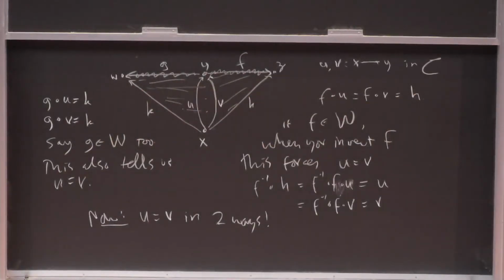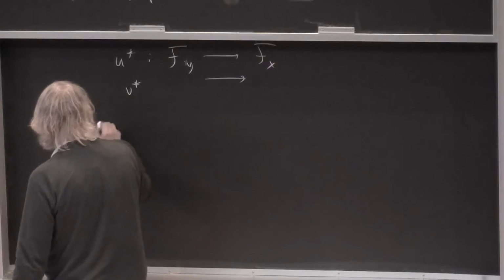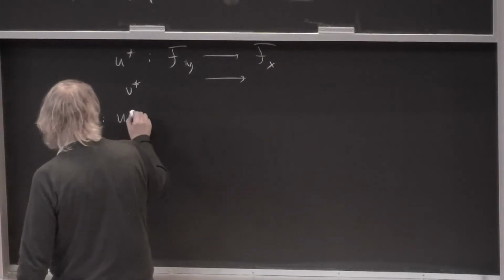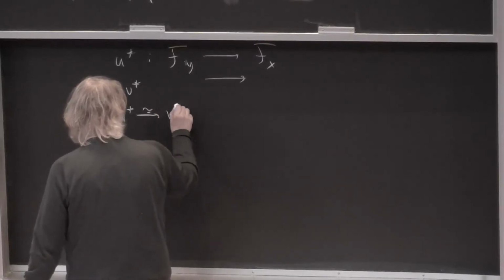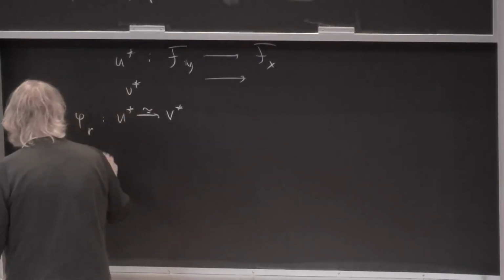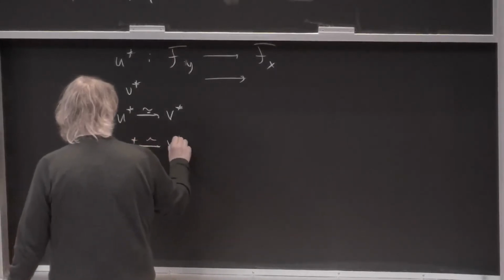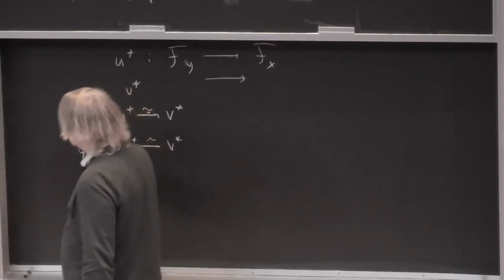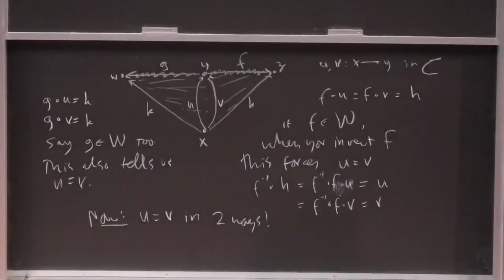So we'll have a natural isomorphism, like phi right, and we're also going to have a sort of phi left from U upper star. The phi right coming from this side and the phi left coming from this side. So if we compose those two, then we'll get like, so